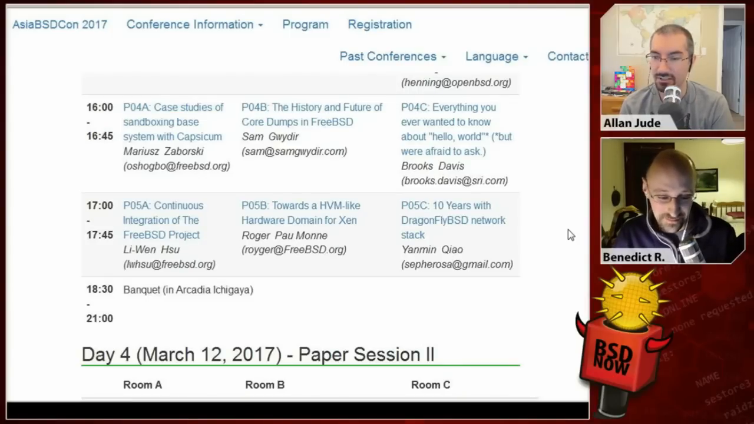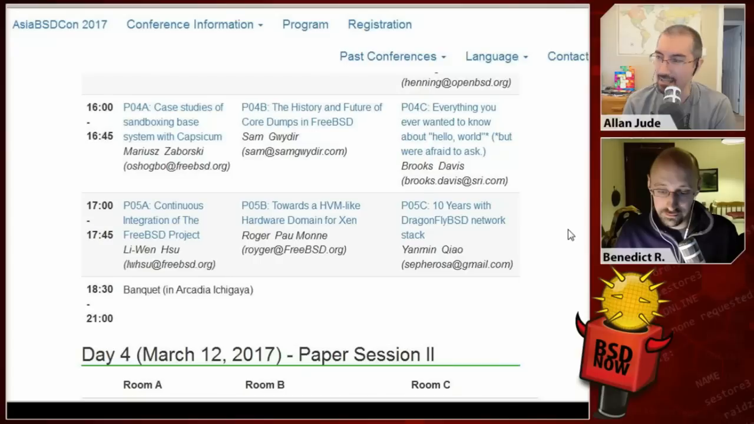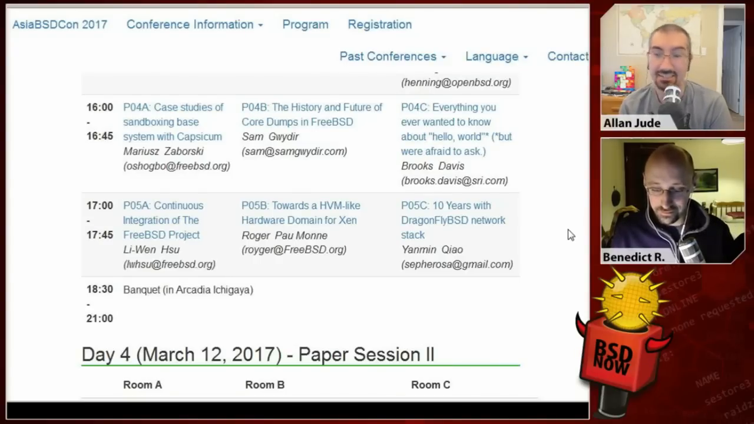The next one was Sam Gwydir, who gave a talk, The History and Future of Core Dumps on FreeBSD, which actually traced all the way back to about version 6 Unix, and then forward from there: from core dumping on punch cards and tape, forward through full core dumps, then into mini dumps, and then into text dumps. Then he talked about the future, where hopefully, now that we have encrypted dumps, which we talked about 2 or 3 weeks ago with Conrad, we'll also have compressed dumps, network dumps, and a bunch of other features,